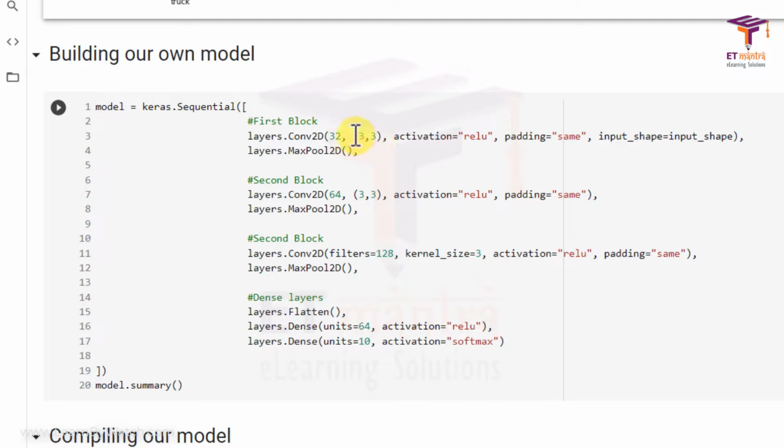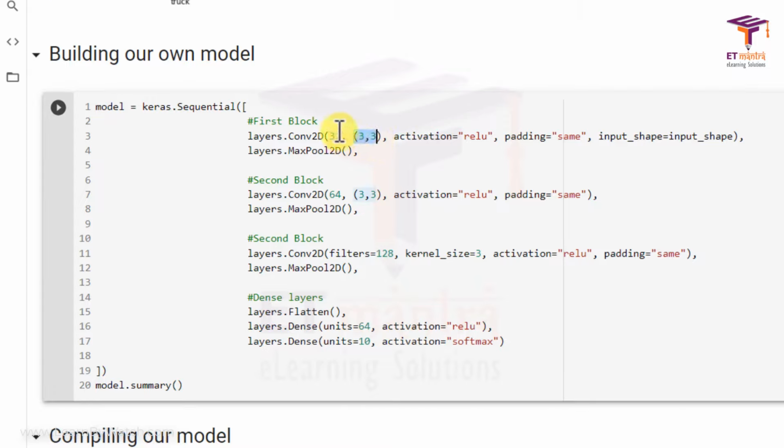We have used a filter size of 3 cross 3, and we have used 32 of those filters. So we write it in this way. And the activation is ReLU. Padding I have set to same. Same means that the input and the output will have the same size. And for the first layer we also need to pass the input shape.